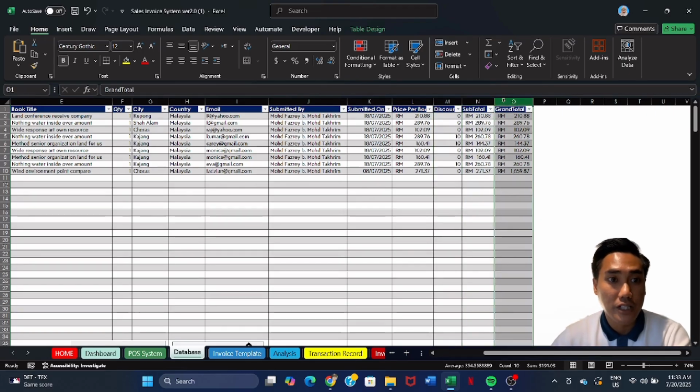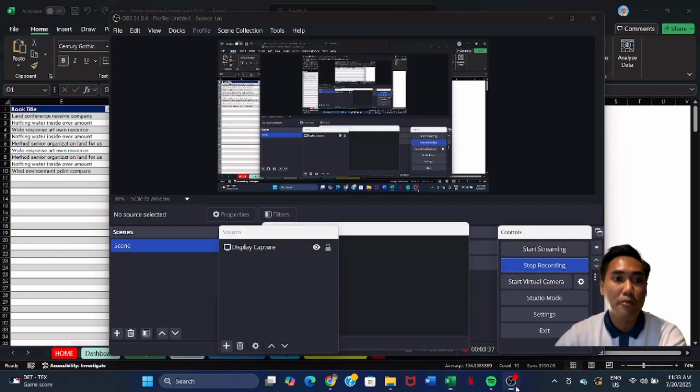Grand total. The grand total is the final amount the customer needs to pay, including any tax or charges. This is the amount recorded in the invoice and helps ensure